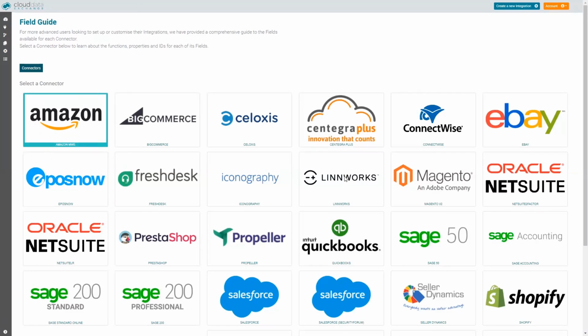So Linworks is a major player in e-commerce integration, but they really haven't got true integration back into Sage 50 or Sage 200. Now, Cloud Data Exchange can pick all the orders and everything else that's coming via the Linworks system and process that through our Sage system.